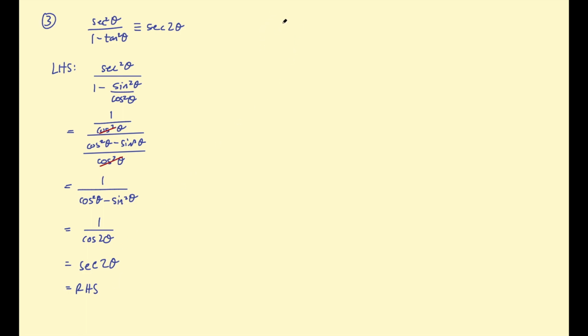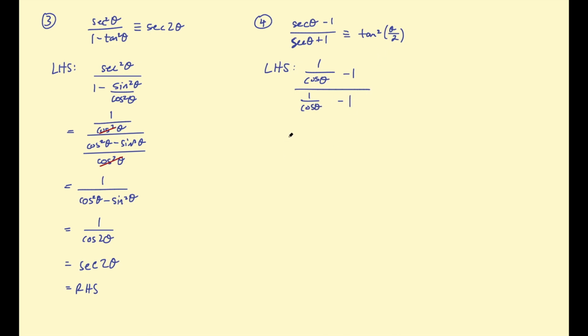Okay, next example, (sec theta take 1) over (sec theta plus 1) is equivalent to tan squared theta on 2. Again, starting with the left hand side, we could write this as 1 over cosine theta take 1 over 1 over cosine theta take 1. And combining these terms, we're going to have 1 take cosine theta over cosine theta all over 1 take cosine